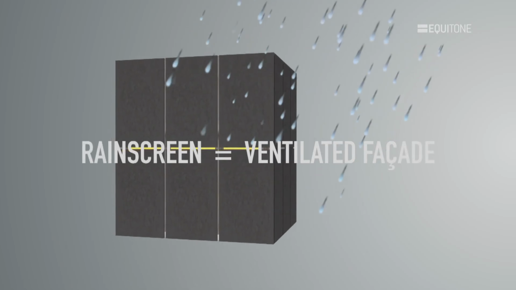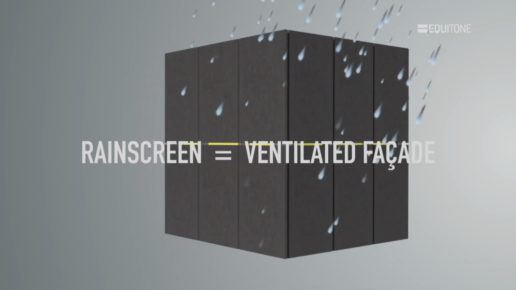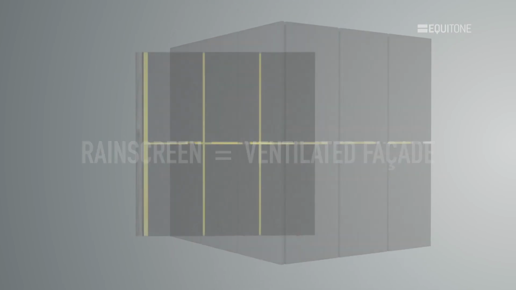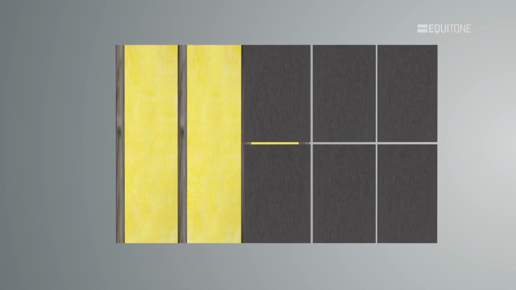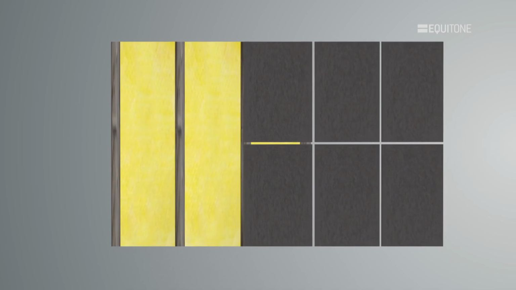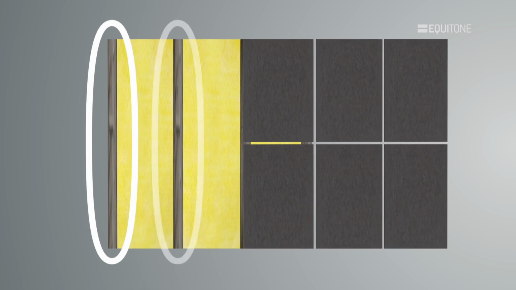The drained and back ventilated rain-screened facades we promote hold the panels away from the main wall. To keep the panels in place, a subconstruction or supporting frame is needed to connect the panels to the wall.